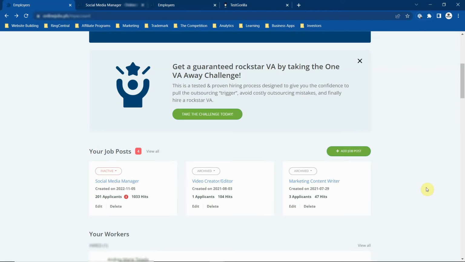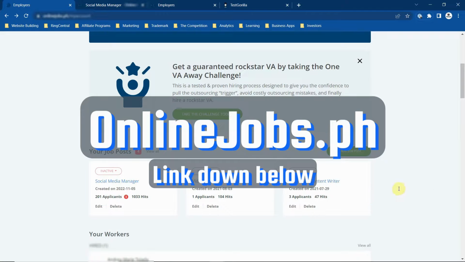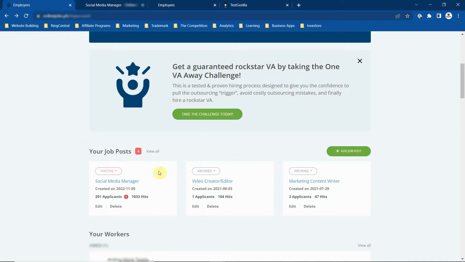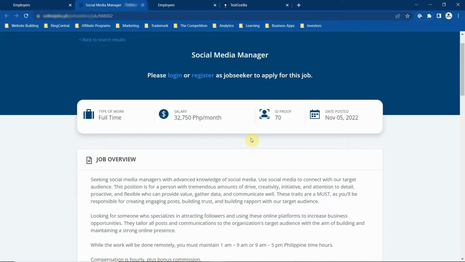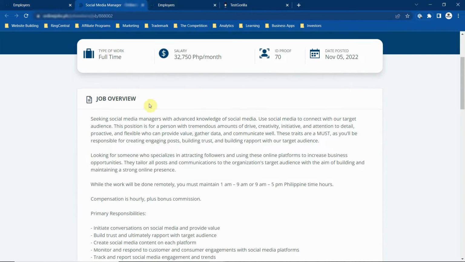All right, so you can go to whatever site you want to use. We use a particular one. I go here and just put in an ad. So we have the ad down here for social media manager. As you can see before, we used this one for video creators and marketing content writers. And so here's the post right here. And so you can use,